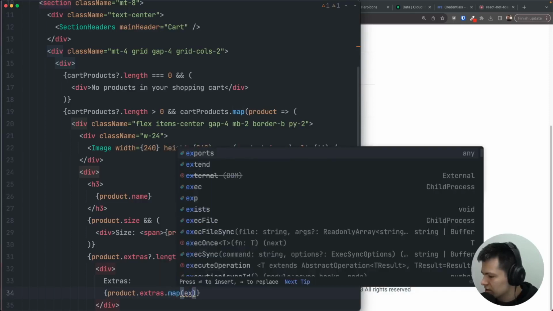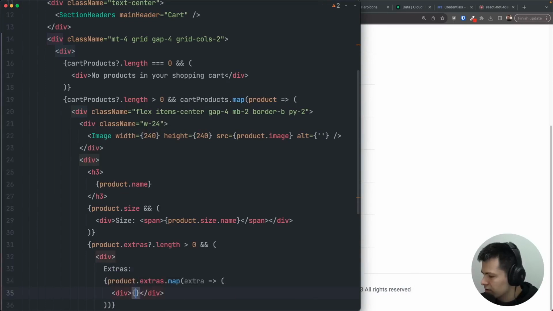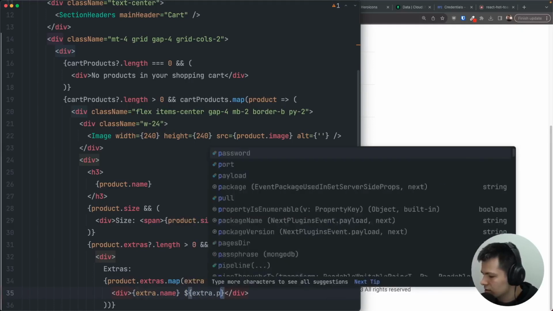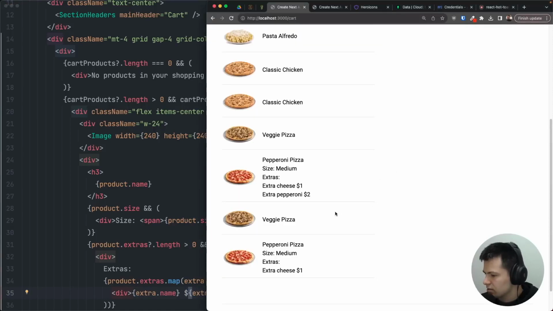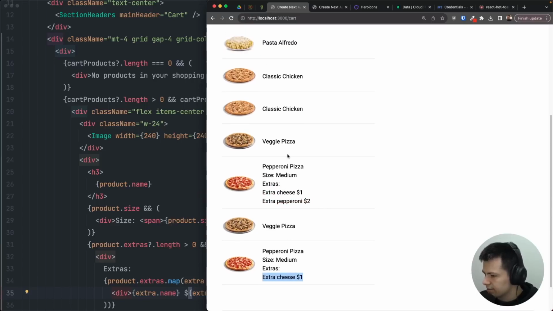And for each extra thing, I'm going to put a div with extra name, and I want to do plus dollars, or I don't know if we want to, maybe just how much is it in dollars. So let's do extra price. Yeah, so now let's see. For example, here we have extra cheese for $1, and here we have extra cheese for $1 and extra pepperoni for $2. Now it would be nice to style it a little better and to have also a button to